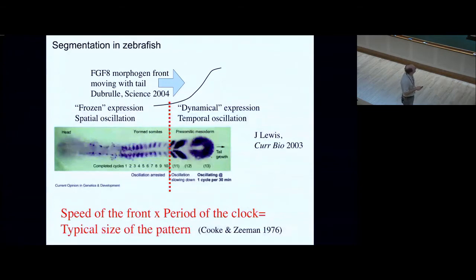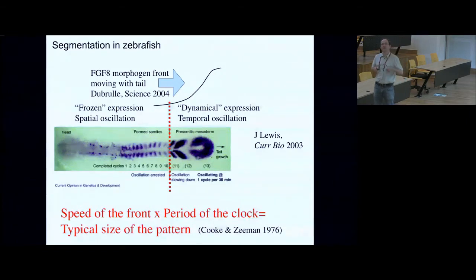Then you will have a wave of genetic expression of delta going from the tail to the anterior. And then somewhere, something is going to happen, and we don't quite know what. In the clock and wavefront model, we assume there is a wavefront that is somehow doing this transformation, and basically the clock stops. The good thing with delta is that you see a stripe pattern, very much like the segments in Eve in the fly. So the idea is that a temporal oscillation is transformed into a spatial oscillation, a whole pattern.